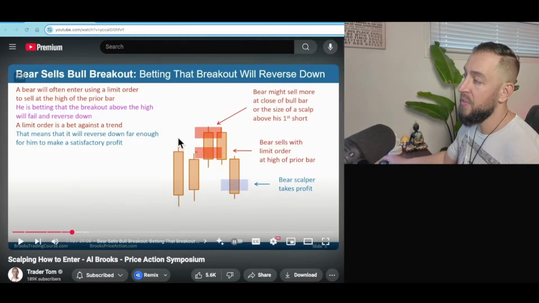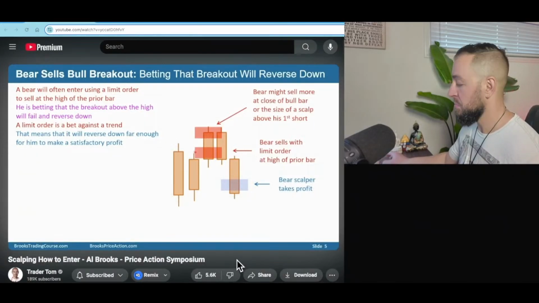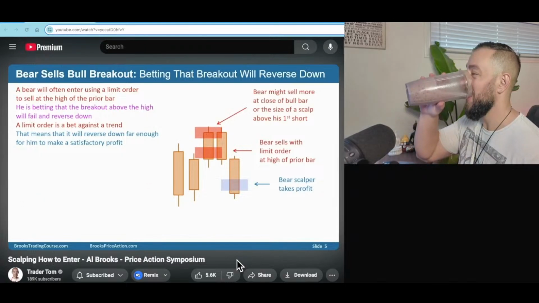Because we went above this candle and then we moved down, right? And then we're moving above the next candle and then we're moving down again. So you see a lot of reversals like this, right? Like, look, this candle is inside this candle. So it went up, then it went down, then we went up, and then we went down again. So you're seeing the market reversing a lot, which is the condition that shows you that scalping is most likely going to work: when there's lots of reversals. Sold here, betting the breakout would fail, and then he takes his profit.